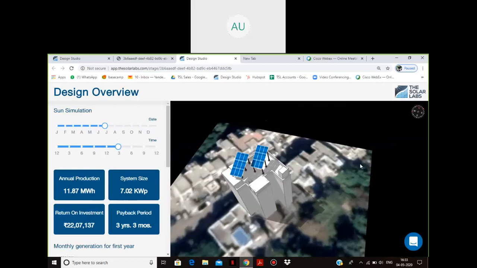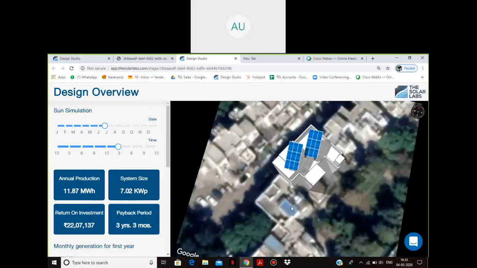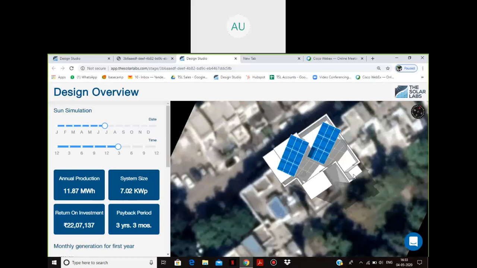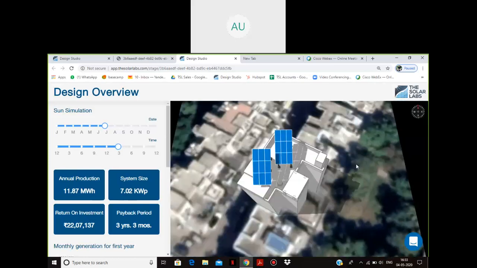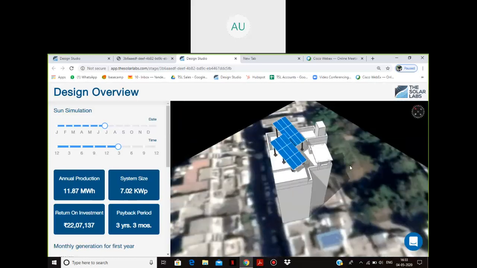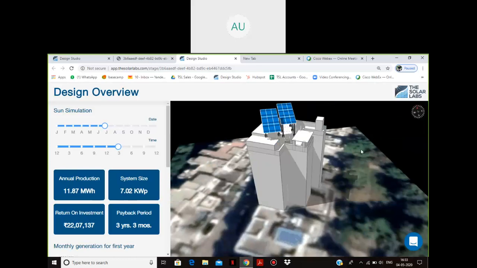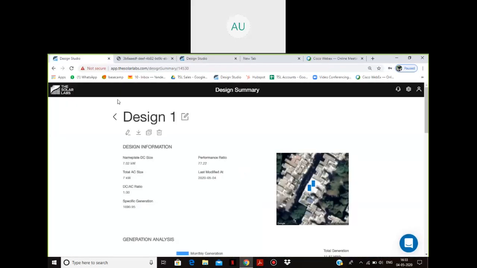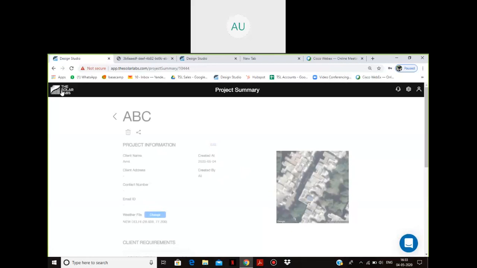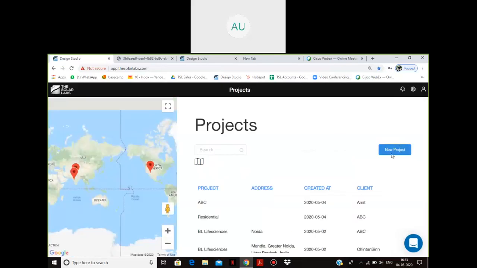So I'll just take you to a commercial site as well, as this was a small site. I have just shown you how we designed through this, and I'll now take you to one commercial site. So I'll go back to my page and I'll add a new project over here.